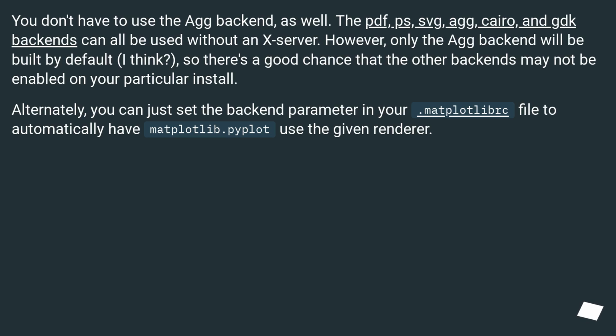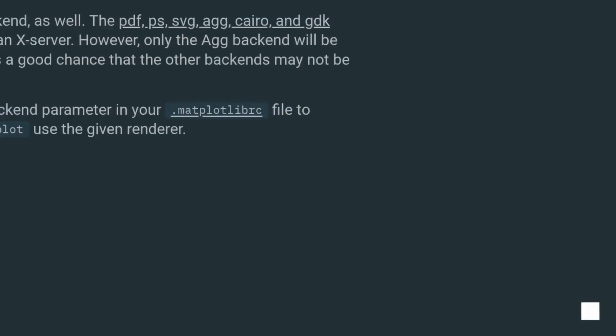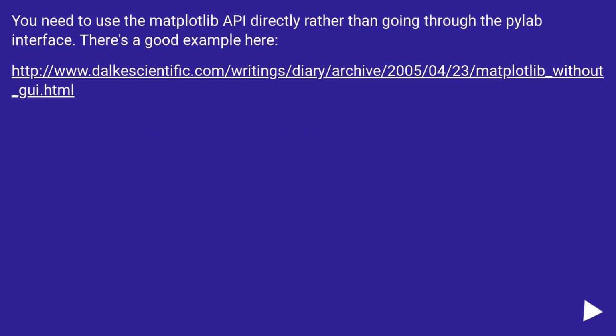Alternately, you can just set the backend parameter in your .matplotlibrc file to automatically have matplotlib.pyplot use the given renderer. You need to use the matplotlib API directly rather than going through the PyLab interface. There's a good example here. This URL